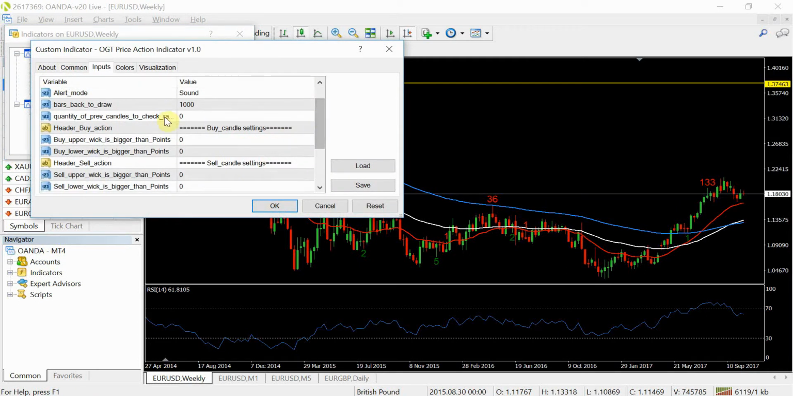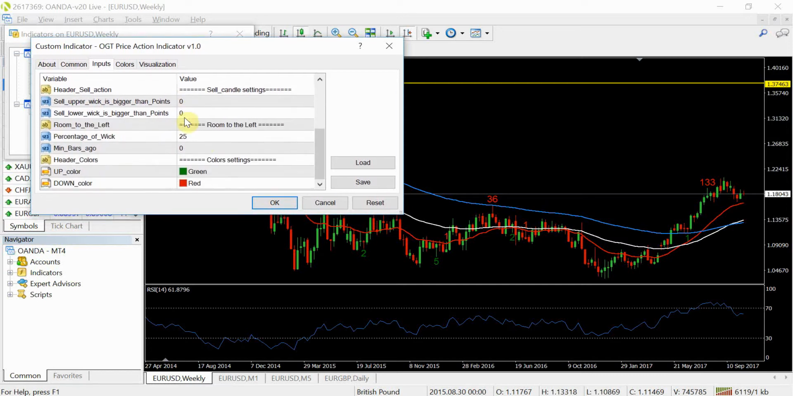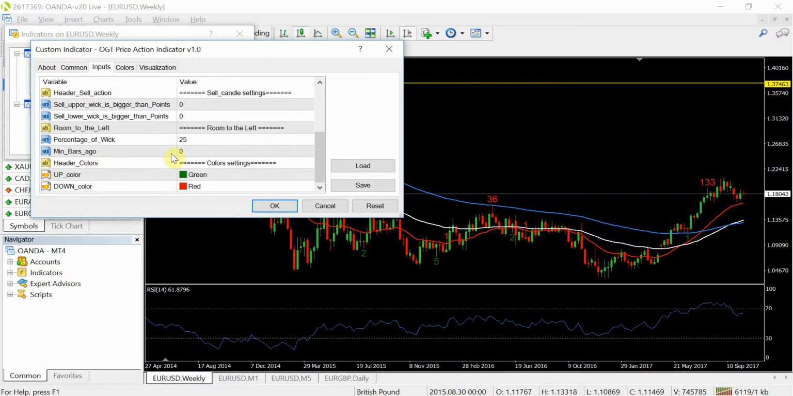I've put 0 in terms of the range of the pin bar for its check to go back. This is normally set to 4. So what it's saying is that the pin bar should be greater than the previous 4 candles. But I've taken this off for illustration purposes, and I don't think it's that relevant to have it bigger than 4 candles back in an MA continuation, as well as the minimum number of bars